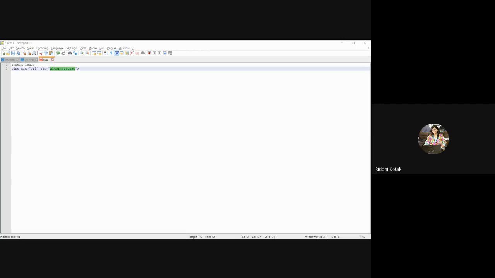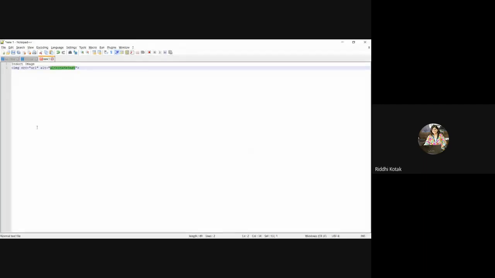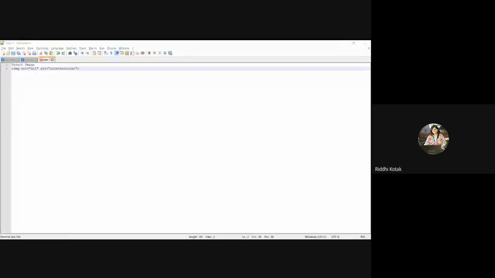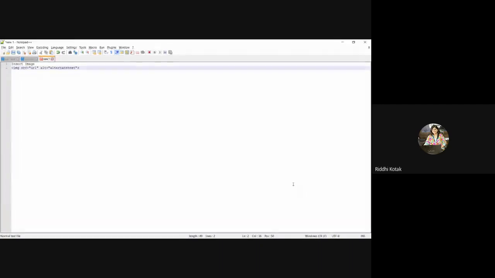Do it faster. We have to do other activities also. How many of you are done? The syntax we have already provided. You just have to apply the two things. Just provide the URL of that image, and then the text. That is very easy. It takes only one or two seconds or a minute. I'm waiting for your response. Okay, good, very good.